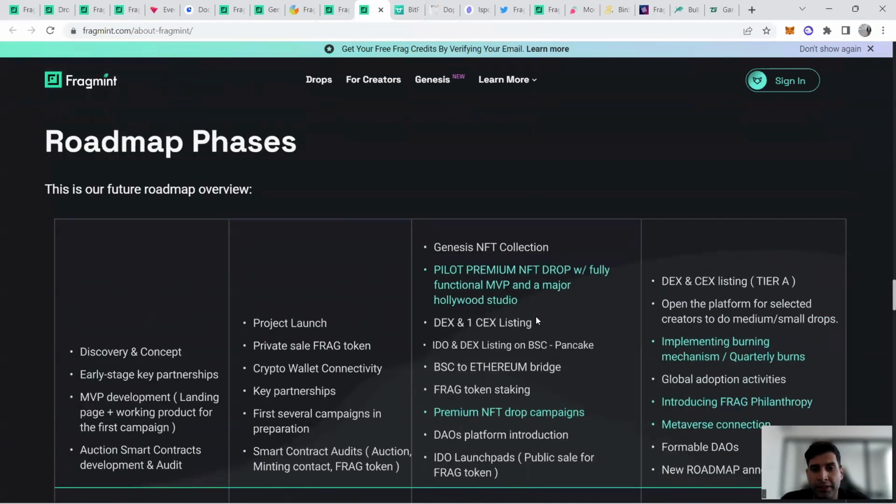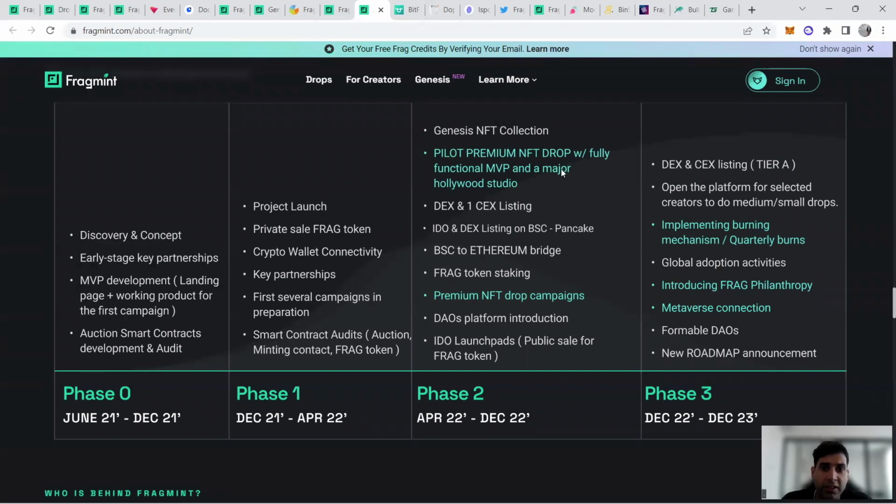April till December is NFT collection sale, NFT drops, DEX and CEX listing, PancakeSwap listing, bridge to Ethereum, token staking, launchpads, DAO functionality, and also NFT drop campaigns.